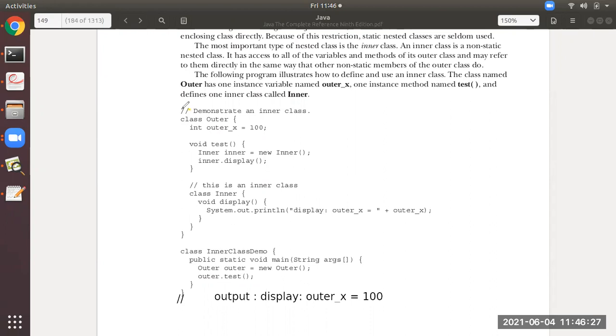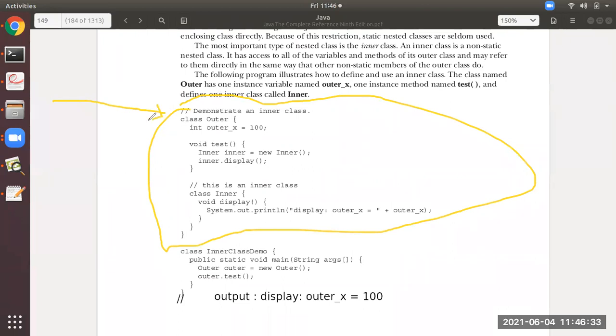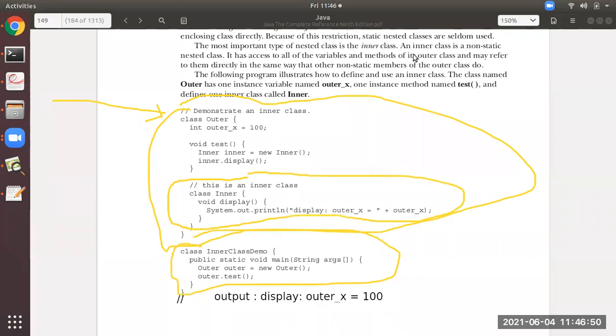First of all, this is one class. This class is named class outer, and there is a main class named inner class demo. But you see in class outer, there is one class, this one.